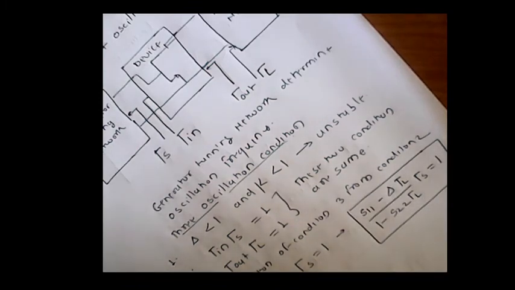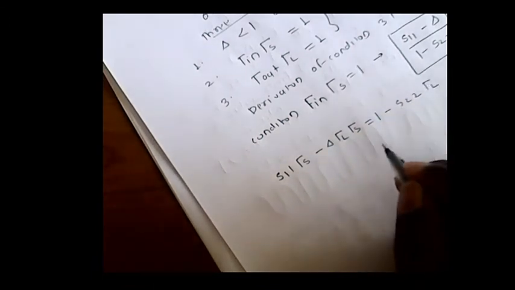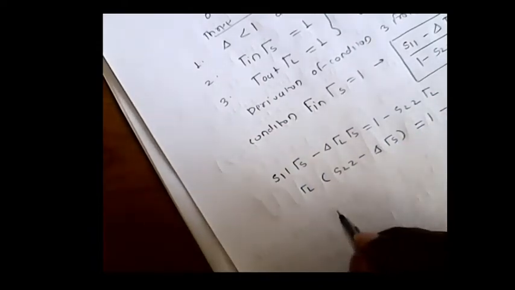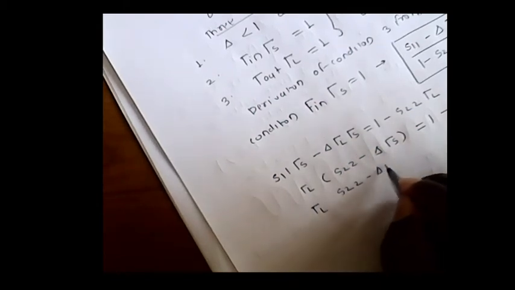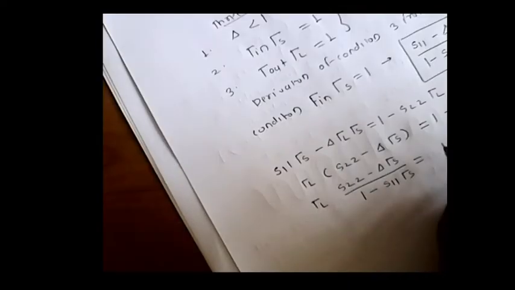So take the values, so we can get S11 gamma S minus delta gamma L gamma S over 1 minus S22 into gamma L. So take a common, S22 minus delta into gamma S over 1 minus S11 into gamma S. So gamma L is equal to S22 minus delta gamma S over 1 minus S11 into gamma S, which is equal to 1, and which is nothing but gamma L